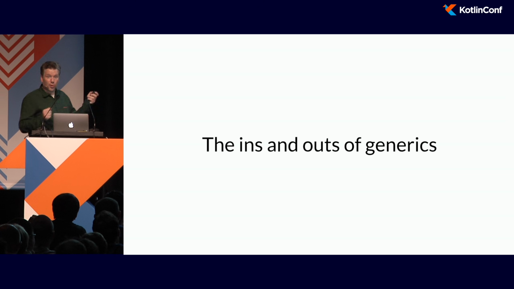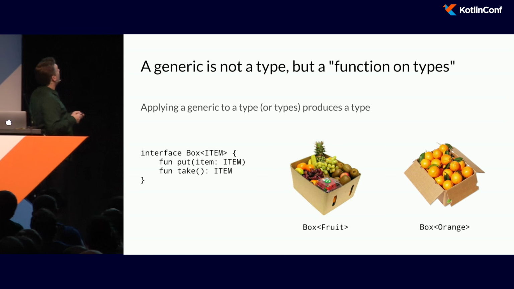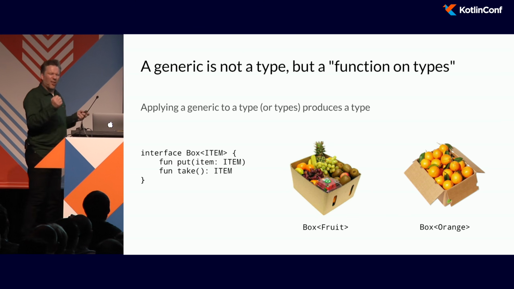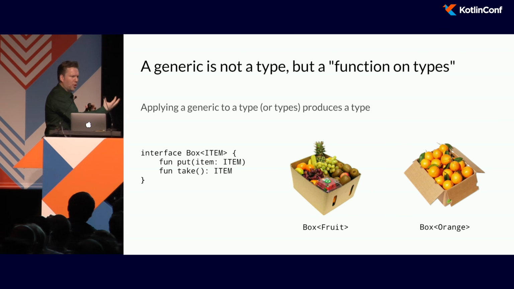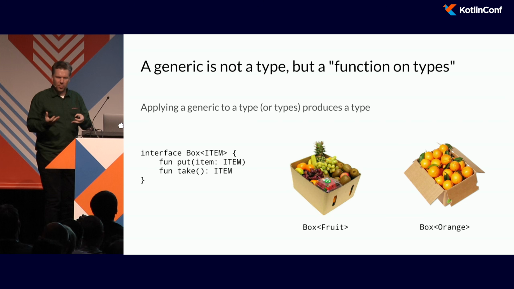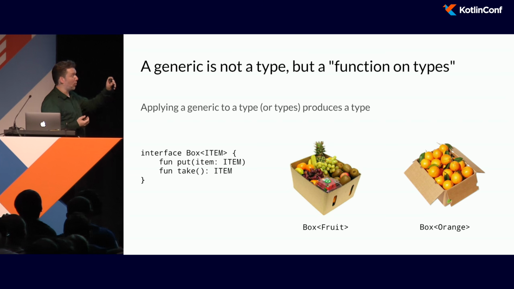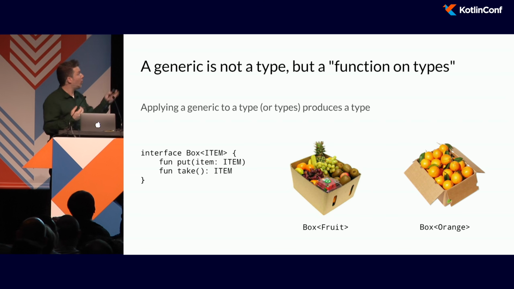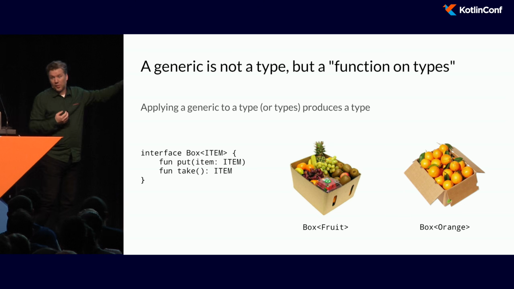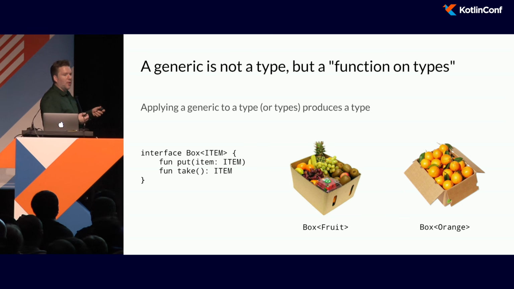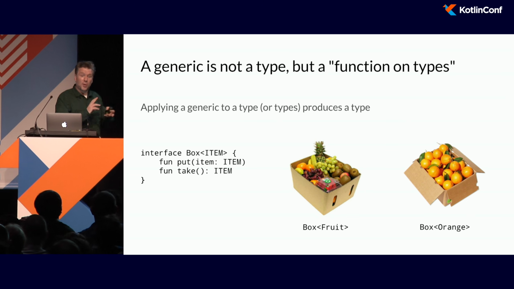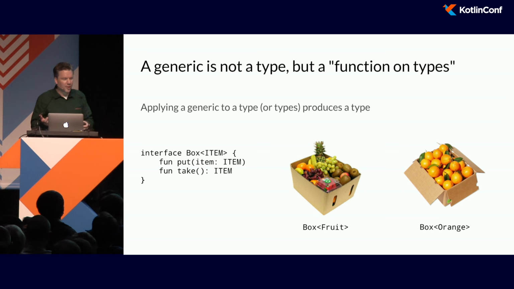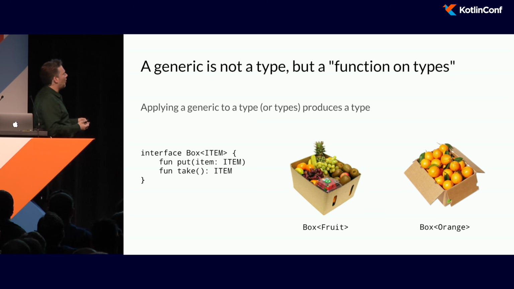But first, let's take a quick detour to talk about what is a generic. So a generic is itself not a type. It's best to think about it like a function that, given a type, will create a new type. So Box isn't a type, but a box of fruit is a type, and a box of orange is a type. Although Box does create a class. Box of fruit doesn't have its own class. Box of orange doesn't have its own class, at least on the JVM. But Box has a class. So again, the relationships between types and classes are not the same, only visible when you use reflection, and we don't need to use reflection very often in Kotlin.